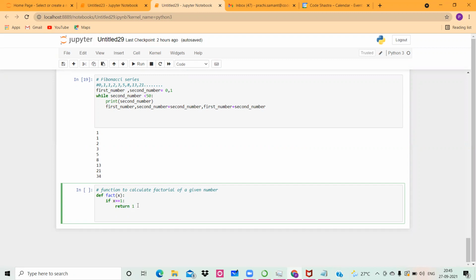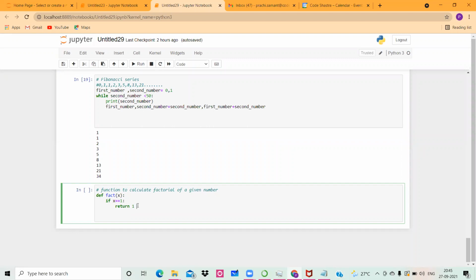One function at a time in every programming language can return only one value, but that one value can be multiple. For example, if that one value is a list, then a list is a collection of values. That is okay, but you cannot get two lists, or a list and a tuple together. It will always be one. If it is a list, the elements inside the list can be multiple, that's a different thing. But the return is only one thing at a time.